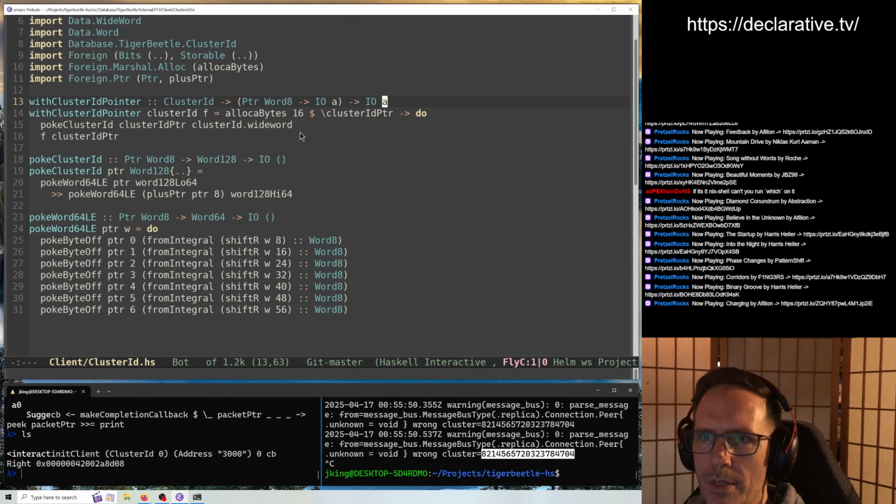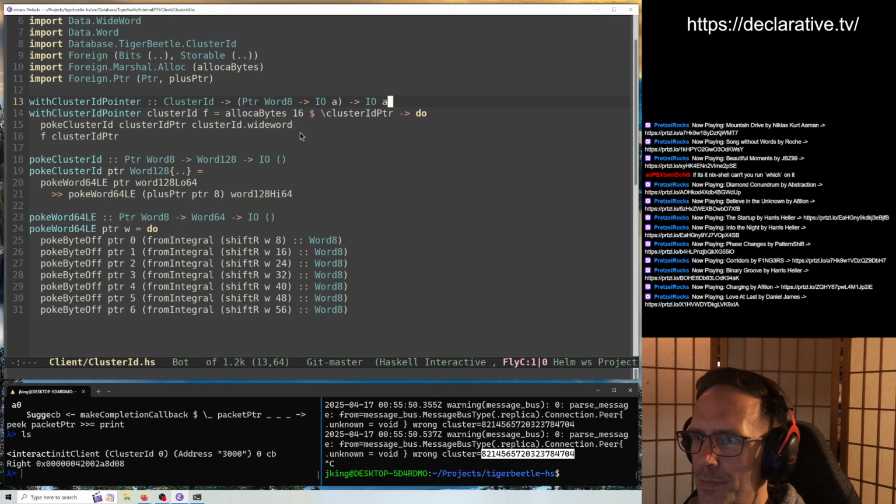So with cluster ID pointer takes our high-level cluster ID with the Word128 in it, and a callback function to an array of Word8s in IO. What we're going to do here is we get the pointer to that array, we poke into it, cluster ID dot wide word. Poking cluster ID takes an array of Word8, so an array of bytes there,